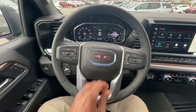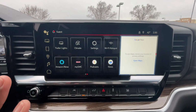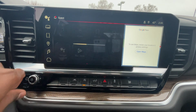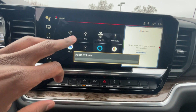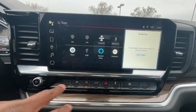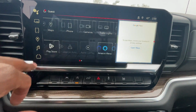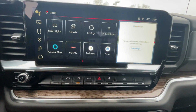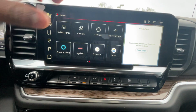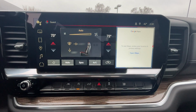So leather wrap steering wheel here. There's the horn there. Now we get the 13.4-inch Google Assistant screen here. AM, FM, XM radio, Bluetooth audio, Pandora, or Alexa, excuse me, Google News, Google Podcast, and then we have the wireless Apple CarPlay, wireless Android Auto compatibility there. And then you have the option to use your Google Maps system that's embedded here, but you have to have that subscription. Dual zone automatic climate controls, which can be controlled either from the screen there, or we have